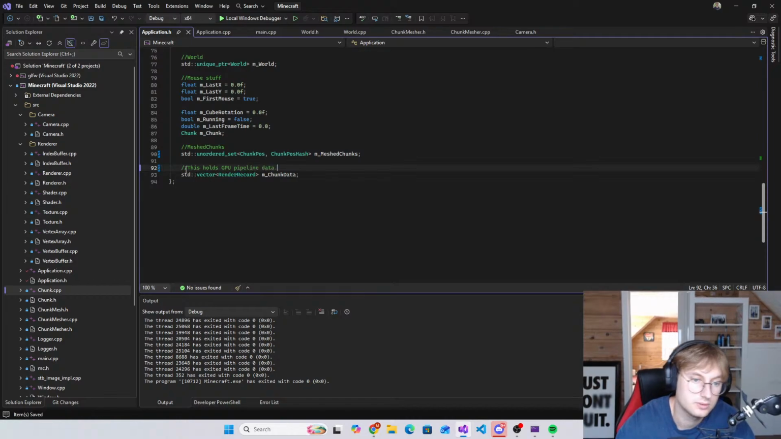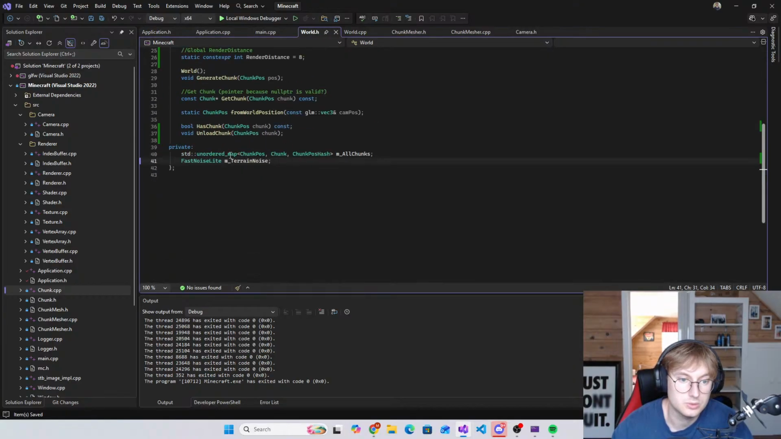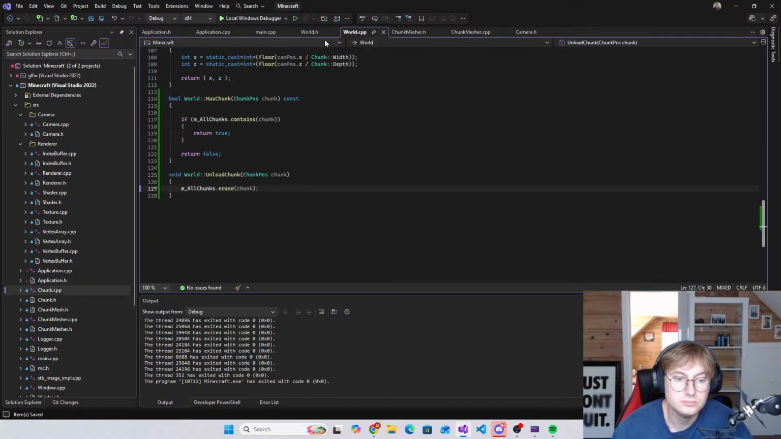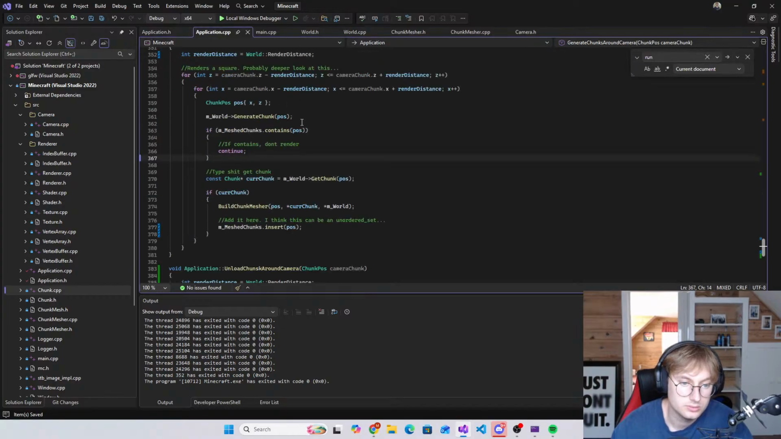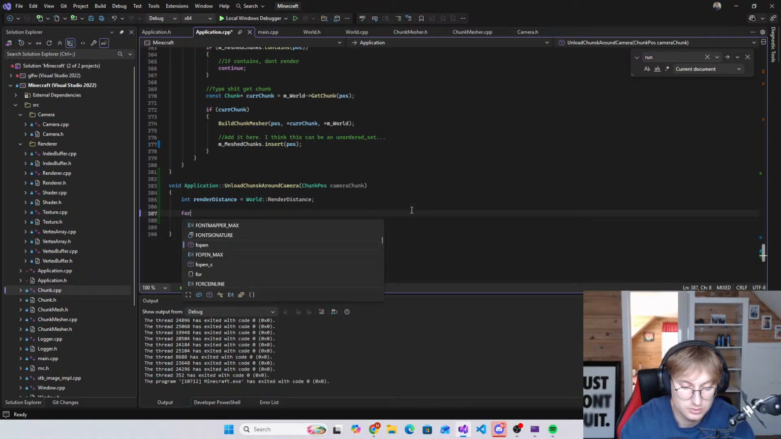Pipeline data. Right. We need to unload both of these, and then we're going to need to unload from world.cpp, which we created this method here to unload the chunk, right? So we have our map here with all our chunks in world space. So in our application here, we grab our world distance here. Then we want to create an iterator here. So for,